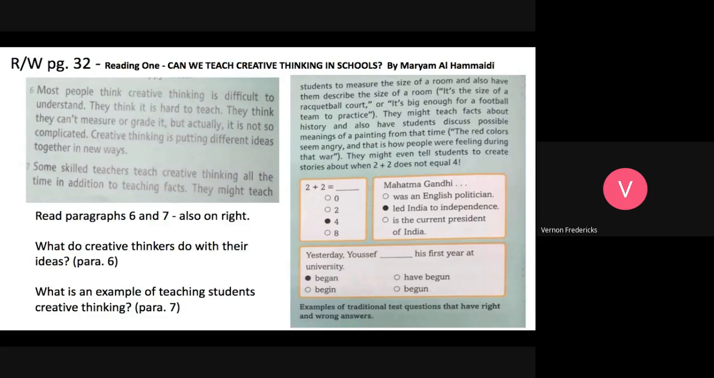What is an example of teaching students creative thinking? The example is there, measuring the classroom, which has to do with math, but also how big is it? How big is the classroom? Maybe it's as big as a tennis court, or maybe it's as big as a football field where a team can practice on, or maybe it is big enough